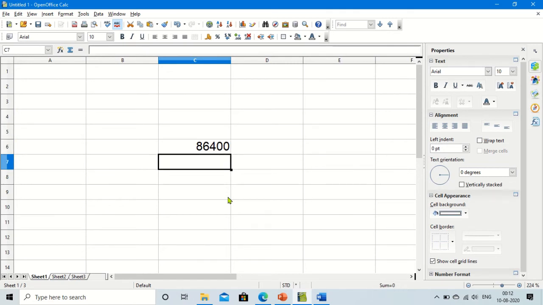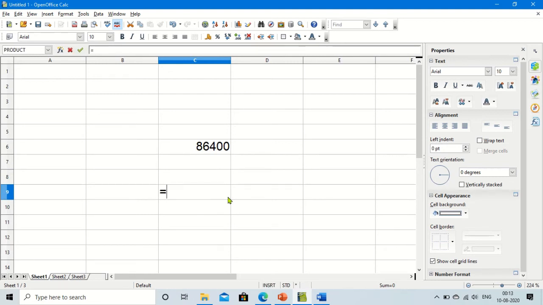As I told, not only can you use numerical values directly as parameters, you can give cell references also. Let me give an example. Equal sign, and first let me give some values in different cells.